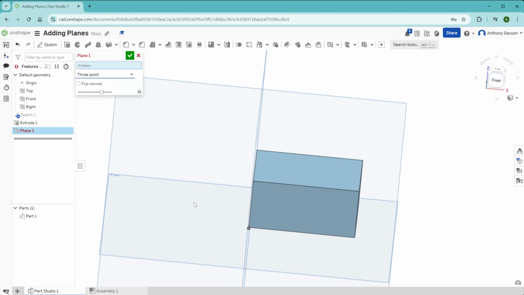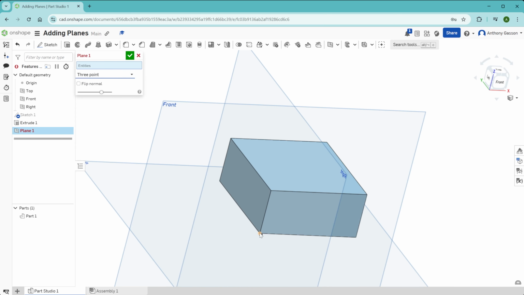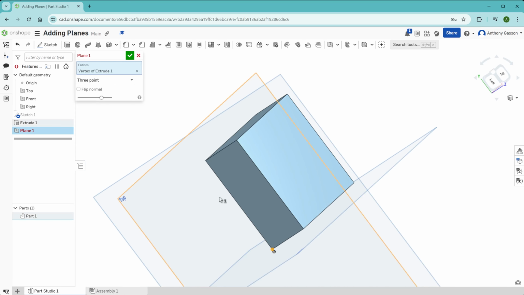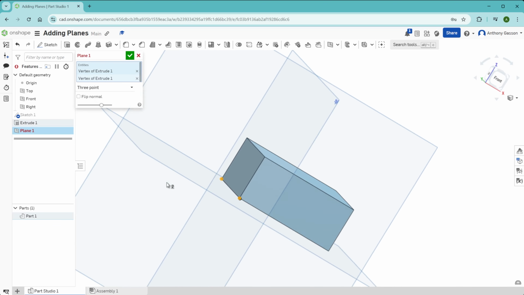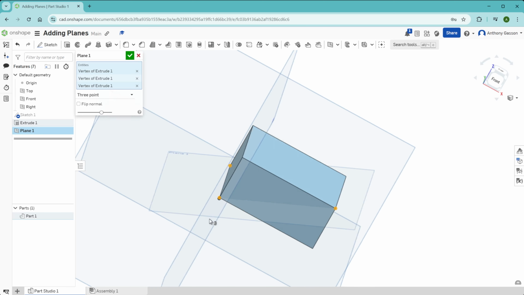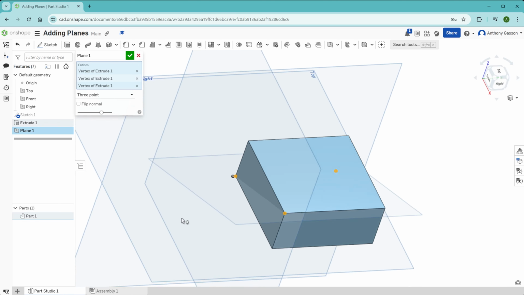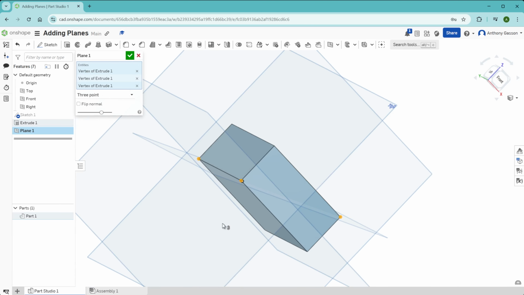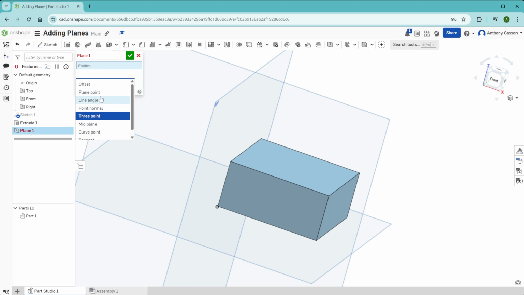Another very useful tool is the 3-point plane, which allows you to select 3 points on a body and create a plane that joins those 3 points together. There are several other methods of creating planes that can be chosen in that drop-down menu, which I'll leave to address in a future video. For now, I'd just like to leave it at the offset,